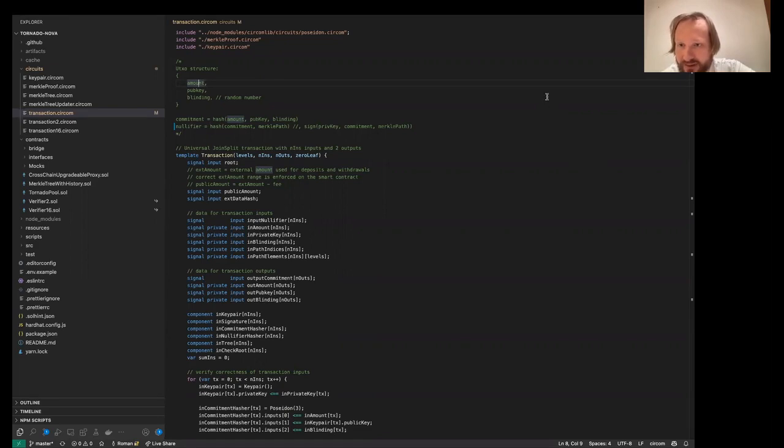Live demo. Yeah, okay. I can do a live demo. If I deposit 3 Ether and withdraw 0.5, when I deposit, what happens? I generate a transaction that has 2 inputs with amount of 0, a public amount of 3 Ether, and 2 outputs. The first output is 0, and the second output is 3 Ether. So I basically do a deposit and shield my funds.